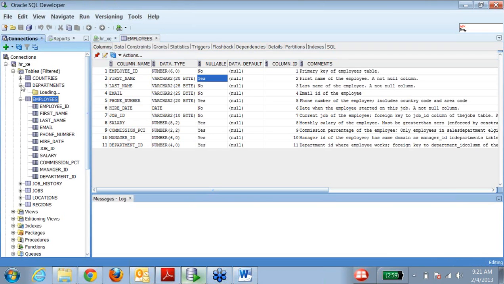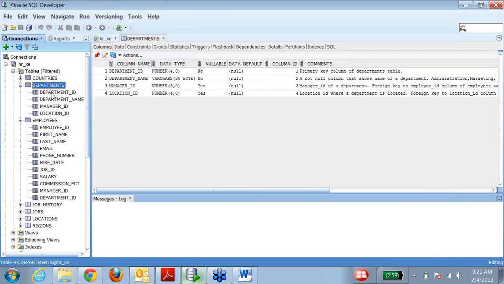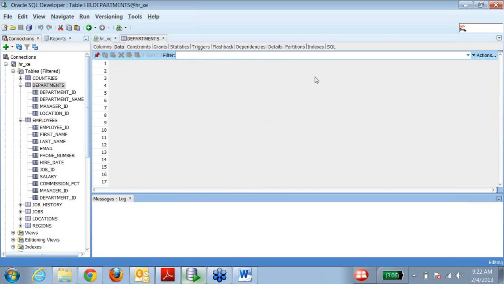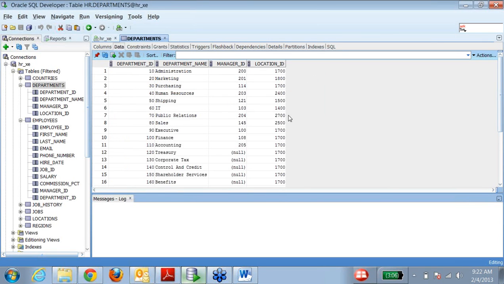So if you drop down on any of the tables, you can see the various column IDs, and you can see the data types. Okay. You can also, in SQL Developer, see the data. For example, if you click here in this tab, you see the data present in this particular table. So we have a couple of rows here. If you scroll down, you will see all the rows. So we have 27 rows here with these